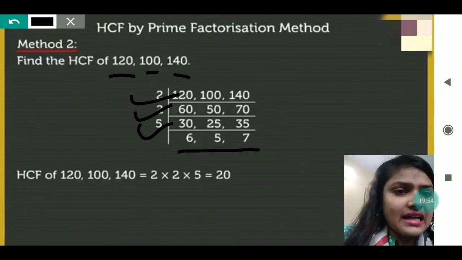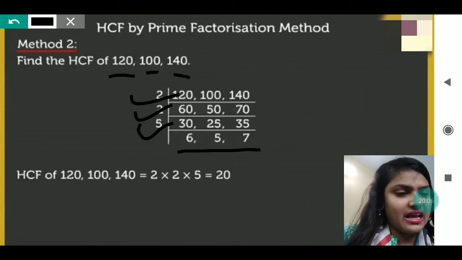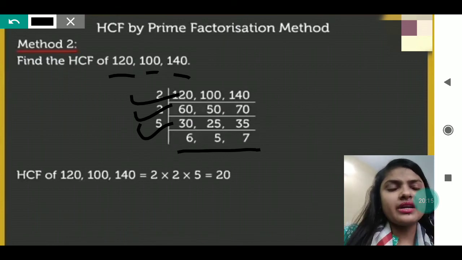So what is the answer we have got? That is 6, 5 and 7. And 6, 5, 7 is not divisible. It is uncommon. Means if we have to divide, then I have to divide one by one. One time by 6 I will divide, then I will get 1. Then one time with 5 I will get 1. Then one time with 7 I will get 1. Like this we would do, but there is no common number with which all three can be divisible.